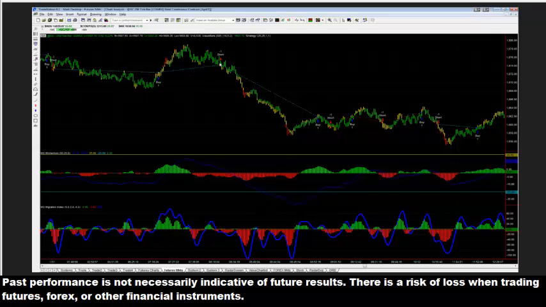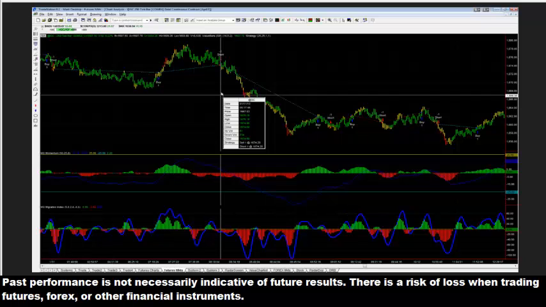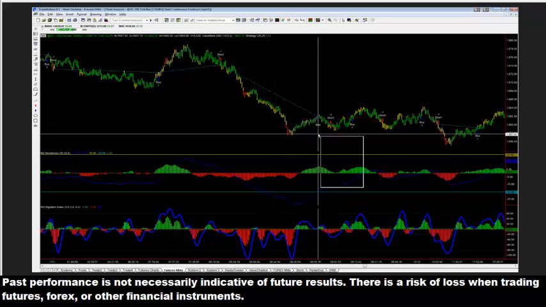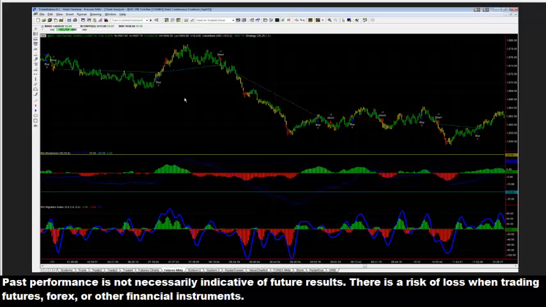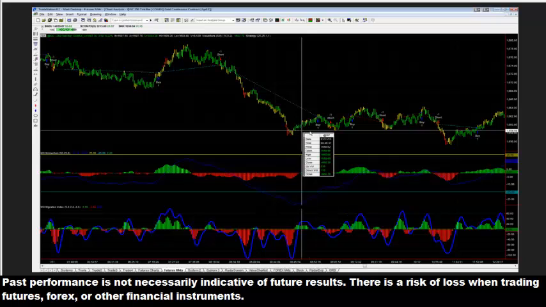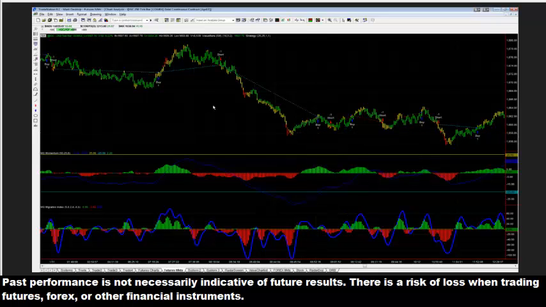I'm ignoring the long signals because I want some sort of rule-based approach to take advantage of a potential breakdown. If you did this with a very basic unoptimized breakout system, you're selling at 1674 and getting out at 1661. So not a bad deal. $13 an ounce made in a very, very short period of time. In fact, this takes place at about 8 o'clock in the morning. You're in at about 8:17 and out by 8:53. So not even an hour, about 30-something minutes. That's not bad pay for a 30-minute time frame.